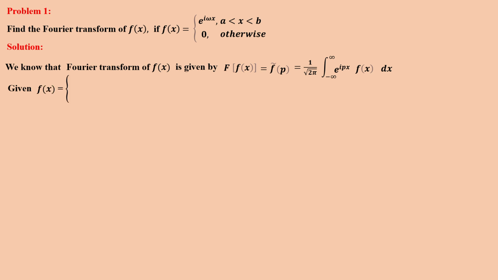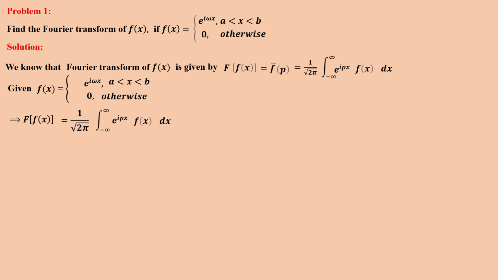Given f(x) is equal to e^(iωx), x lies between a and b, 0 otherwise. Now the Fourier transform of f(x) is equal to 1 by root 2π integral from minus infinity to plus infinity e^(ipx) f(x) dx. So given f(x) is valid only between the limits a and b, 0 otherwise, we are splitting the integral from minus infinity to plus infinity into 3 parts. First, minus infinity to the lower limit a, then the lower limit a to the upper limit b, and then the upper limit